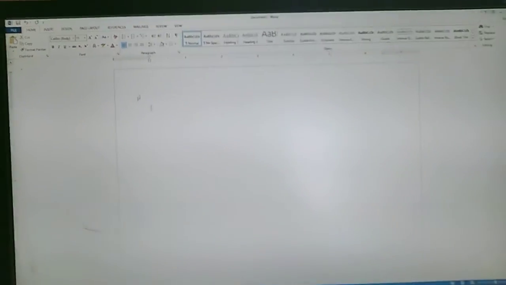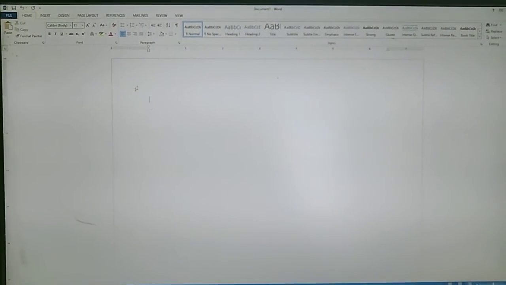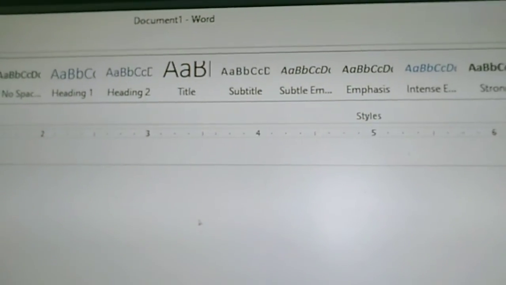Click on blank document. This is the screen that you get in Microsoft Word when you create a new document. On the title bar, you will see Document 1 - Word, because we have not saved the file. Now you will start typing a letter to your friend.